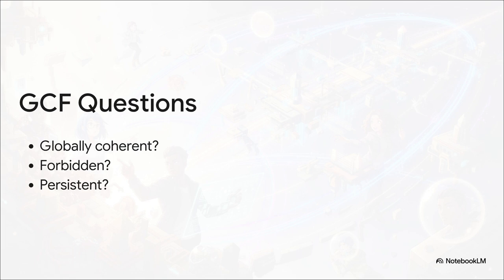Number one, which of these local candidates are actually globally coherent? Number two, which candidates, despite their undeniable local stability, are strictly forbidden by the macro structure? And number three, which can successfully continue into a full persistent supporting structure over time? The GCF literally elevates our mathematical model from a localized phase description up to a comprehensive structural reality.